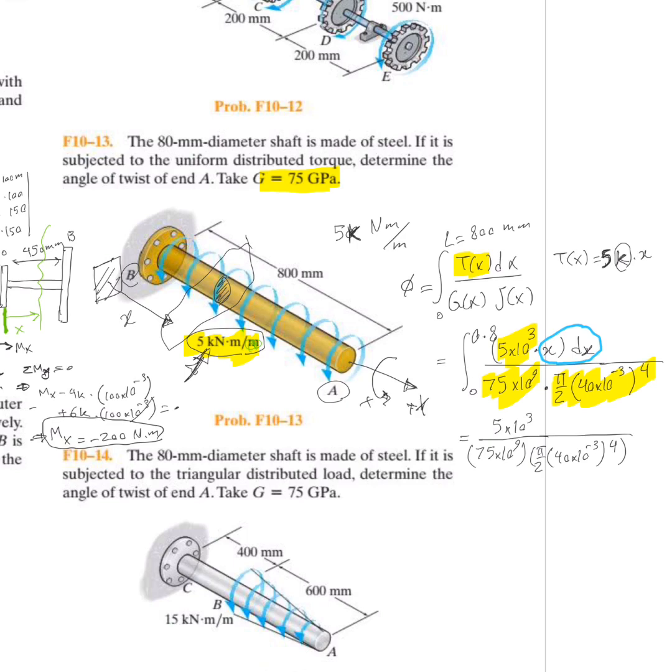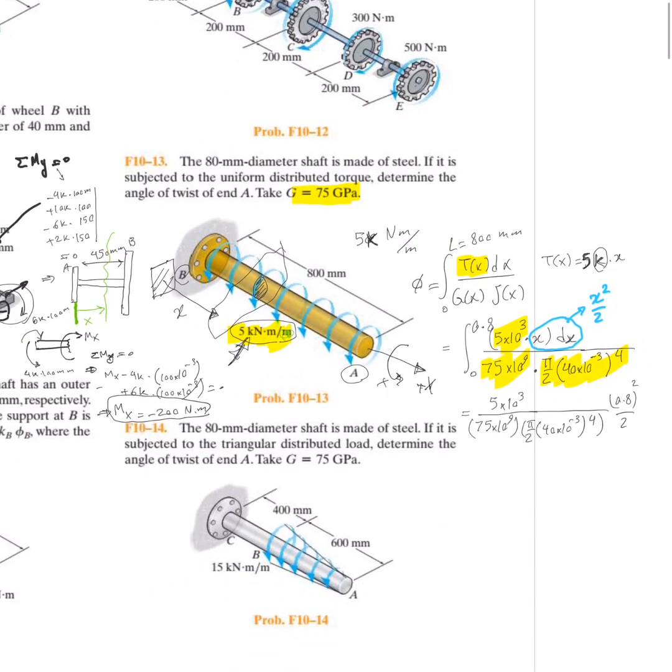And this integral is going to be x squared over 2. So I just do that, and then the final result becomes 0.8 squared over 2. That's it. You just put it in the calculator, and you get the numerical value. All right, so let's go